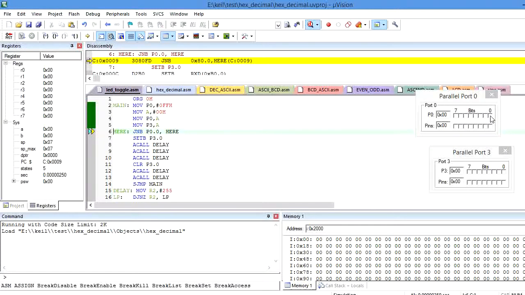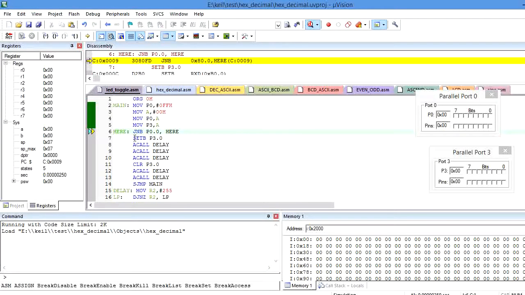If it is open, port 0.0 should be off. So here port 0.0 is off, which means it acts as an open switch. So it keeps on monitoring whether my switch is open or closed. Whenever my switch is closed, pin 0 of port 0 becomes 1 here.